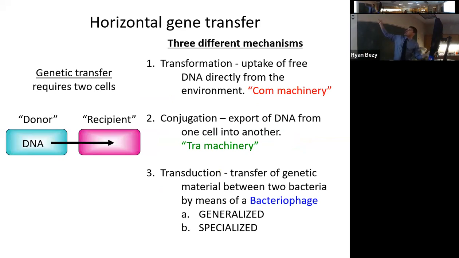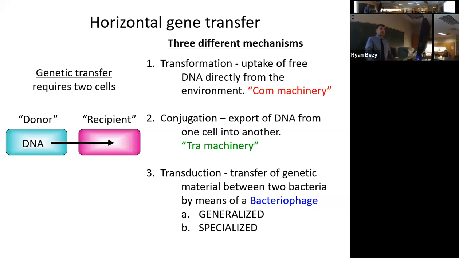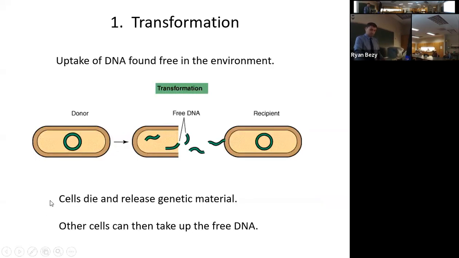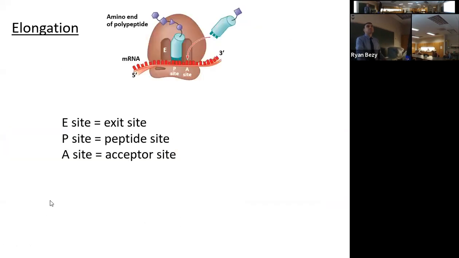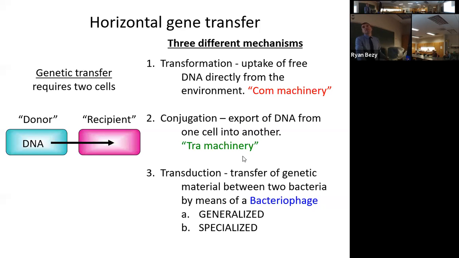So we'll talk about transformation, conjugation, transduction. But it can't be to a different species, right? It can be into a different species sometimes, and often is. What did we just talk about the other day, that you can't pass something on to a different species because they have different... And so it doesn't always happen. But it can happen.